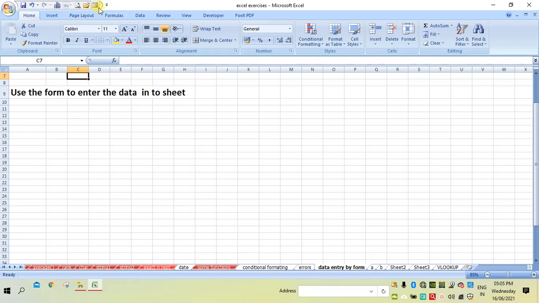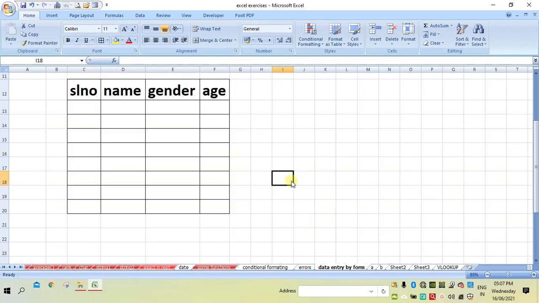So this is the form. Using this form, let me add the data into the table. Before that I will create one table. So now this is my table. Let me enter the data into this with the help of the form.